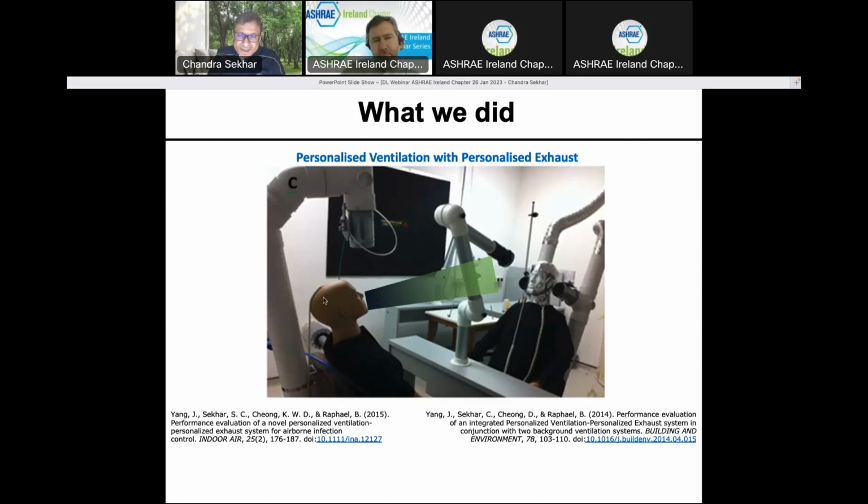Imagine that this is actually a patient walking into a consultation room to see a doctor. So there's a certain distance that's maintained. Usually you would have a table here, much wider than what we are showing here. The idea is the infected person, the patient, releases exhaled air that's filled with infectious aerosols, pathogens that we do not want to reach the doctor. Short of having something very targeted in terms of local control, you expect the room air to just mix everything everywhere. So you go back to the mixing ventilation concept.